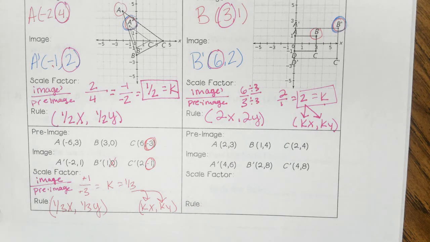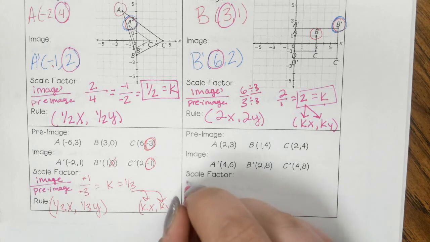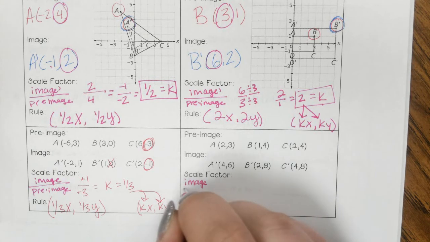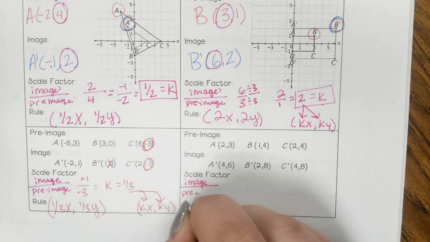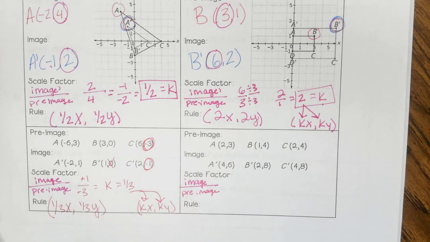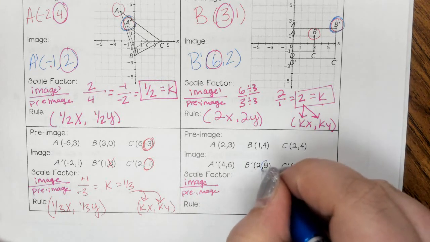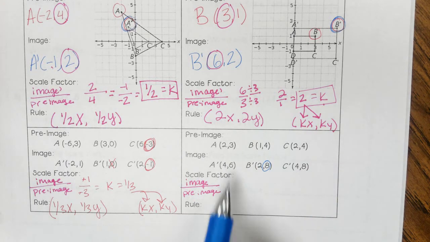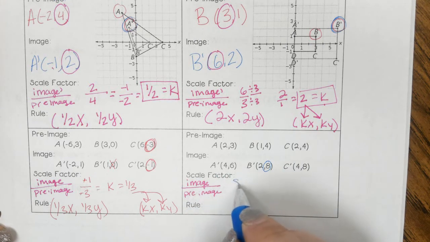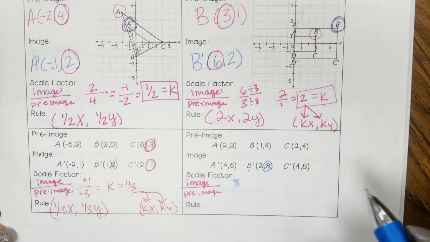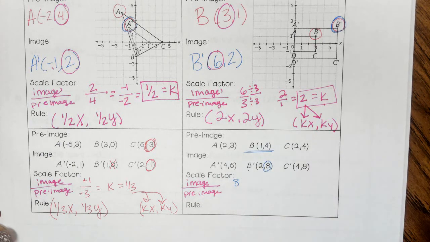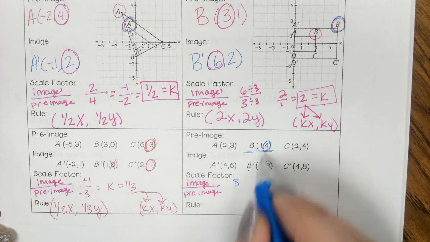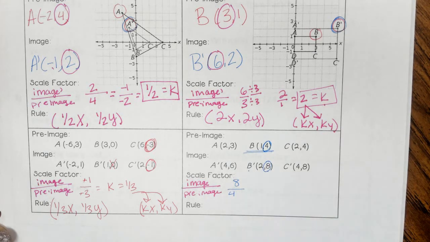Looking at that last example, I'll set up the scale factor. The scale factor is the image divided by the preimage. I need a value from the image. I just can't pick 0. I'll pick 8. Remember, you can pick any of these numbers as long as you're not picking 0. My image, I picked the y value from B prime, so I have to use the ordered pair B, and I have to pick the y value. That number is 4. Now I have 8 over 4,